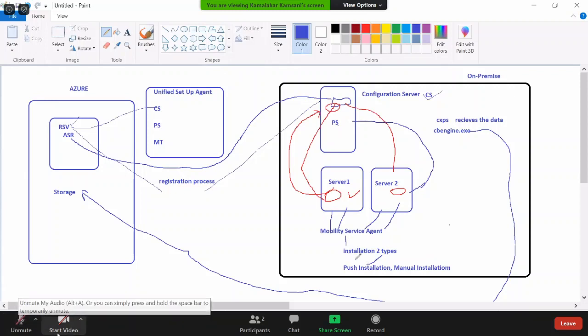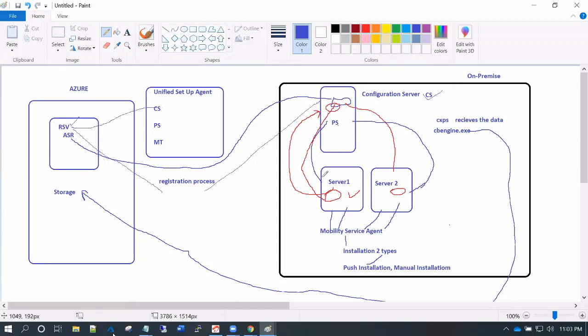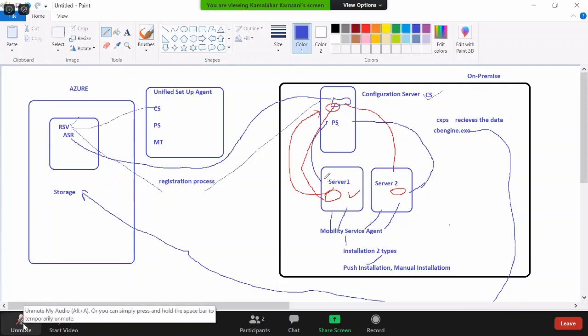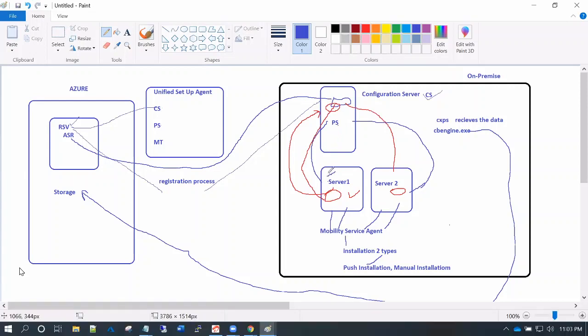Sometimes the push installation might fail because the configuration server has to talk to the source machine. If there is a communication issue between the configuration server and the source machine, the copy may not work, so installation might fail. Sometimes when you copy at the time of installation, if it has any permission issues, the installation might fail, right?